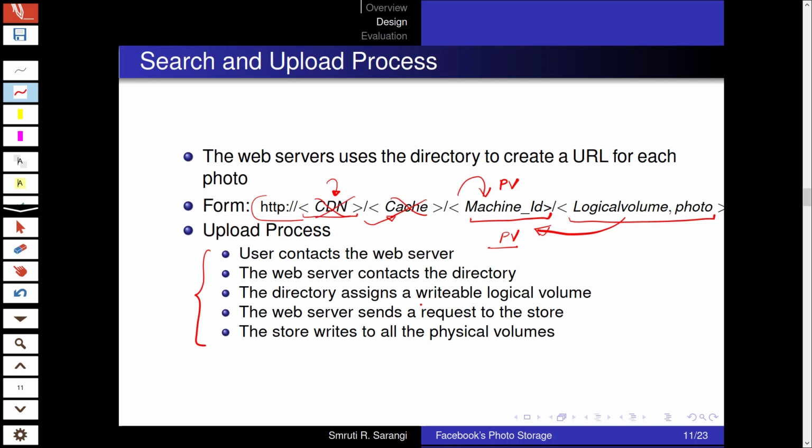These logical volumes are fresh, so any logical volume can be assigned. The web server on its part then sends a request to the haystack store. The store will write the new photo to all the physical volumes that store a replica of the logical volume.